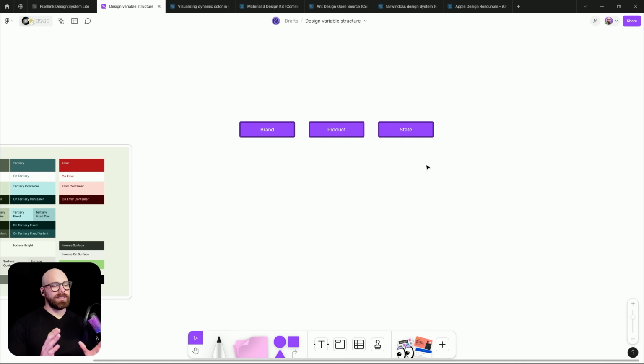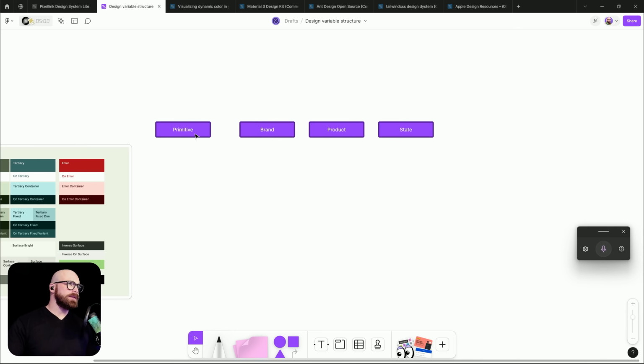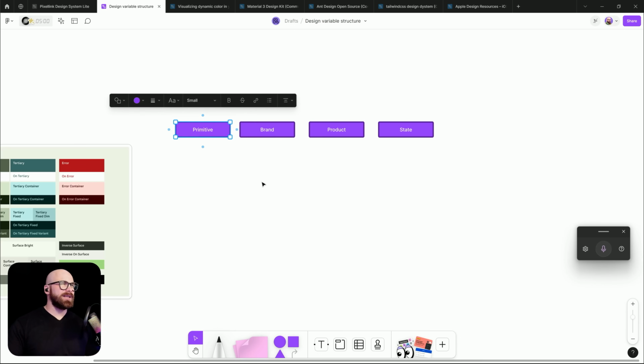These are like a hover state, selected state, focus state, all these types of things. So we're going to be actually trying to support those as well. Finally, we're going to have our just base structure, which will be more of our primitive. This will be like that starting, beginning, the core colors that we're going to have in our design